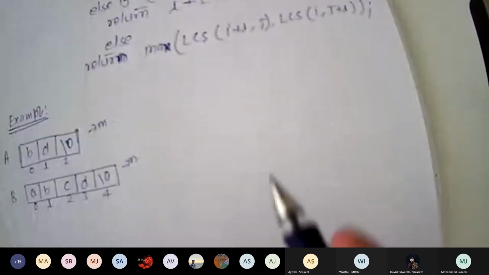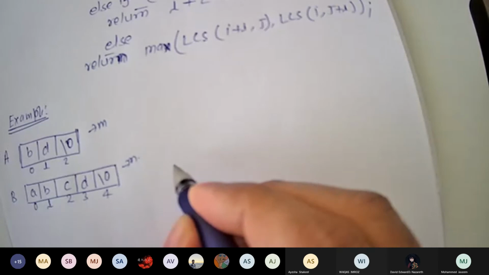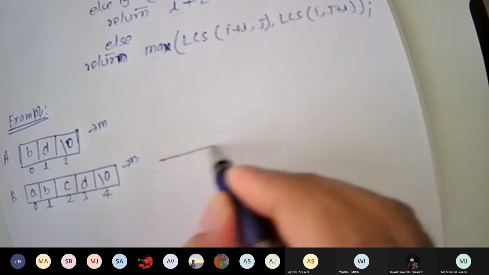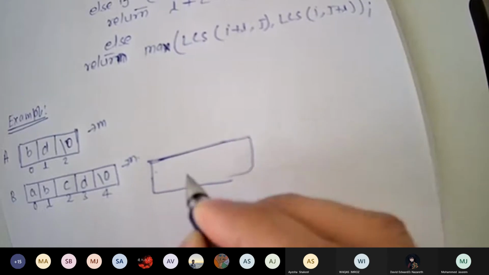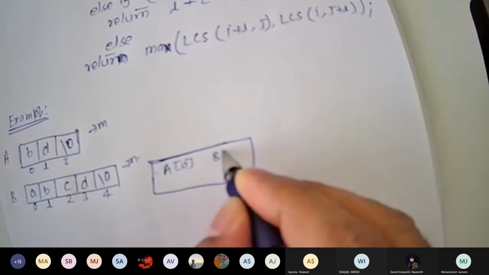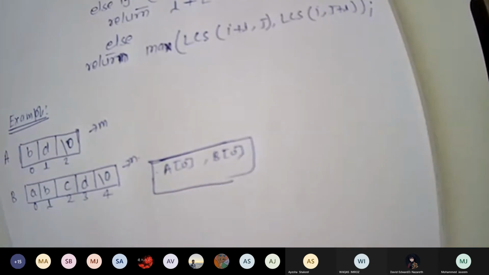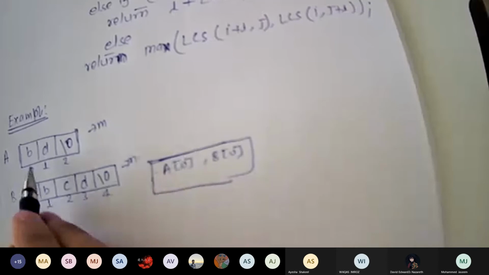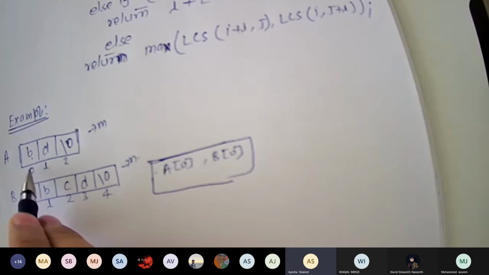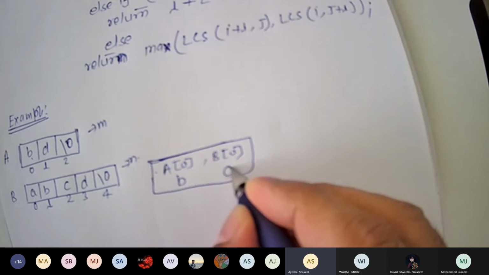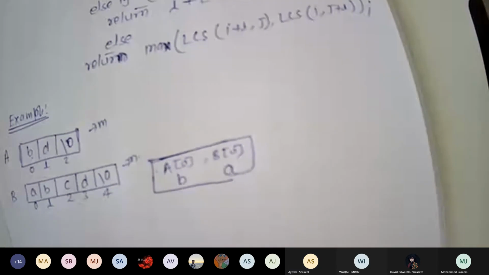So what is A of 0 and B of 0? A of 0 value is B and B of 0 is A.